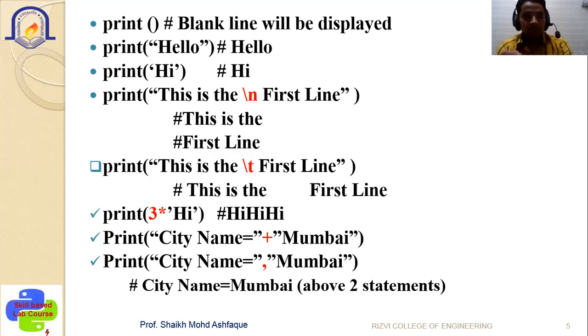So here we have understood when it will go to the next line and when it won't. If you don't write inside double quotes, what will be there inside the round brackets? What will be displayed? If you write something inside quotes, it will be considered a string. Here we can also see how to print a statement multiple times. We have also understood how we can use the plus and comma operators along with the print statement. These are certain alternatives in which you can use your print statement.